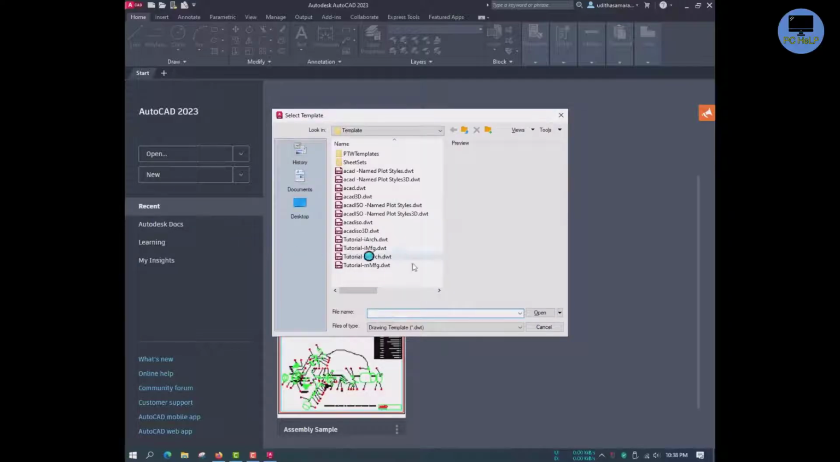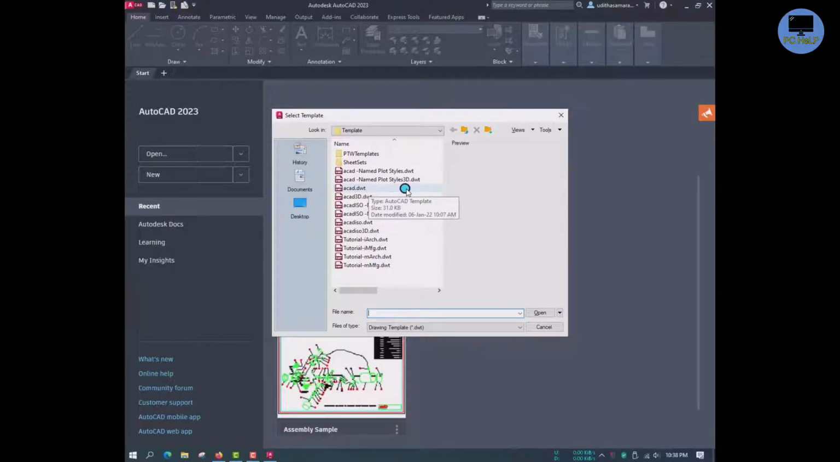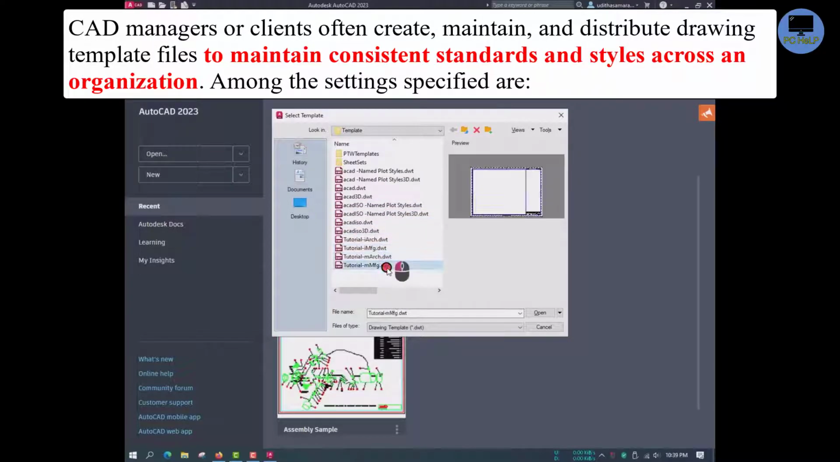A drawing template file is a drawing file that has been saved with a .dwt file extension, and it specifies the styles, settings, and layouts in a drawing, including title blocks. The default drawing template files are provided as samples. CAD managers or clients often create, maintain, and distribute drawing template files to maintain consistent standards and styles across an